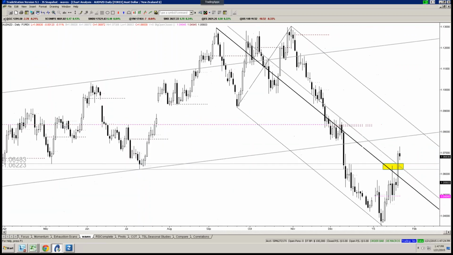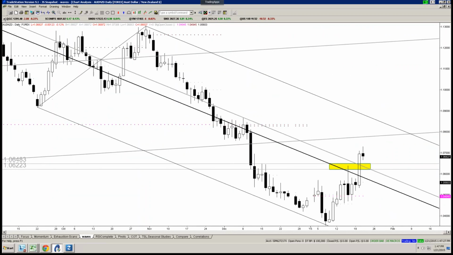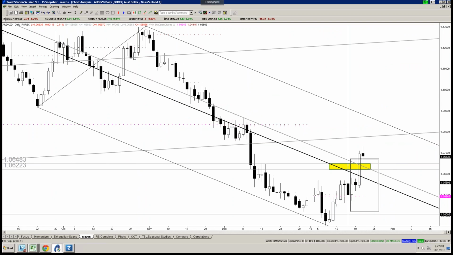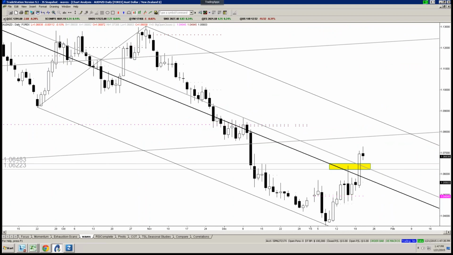Aussie-Kiwi, this was last week. I actually put this chart up last week during this webinar, and it mapped out this level as resistance. We did trade into it. Actually, I think it was the next day. This was the Wednesday webinar. The next day, we traded into it and pulled off. Well, we just broke that level, and we broke it with a big wide bar. So this very much indicates a possible change in behavior for the Australian dollar against the New Zealand dollar.